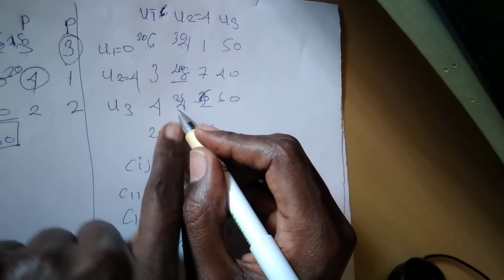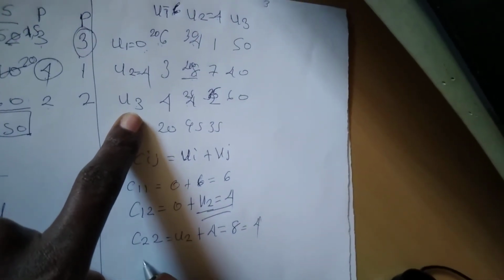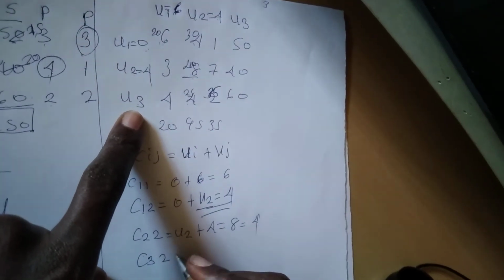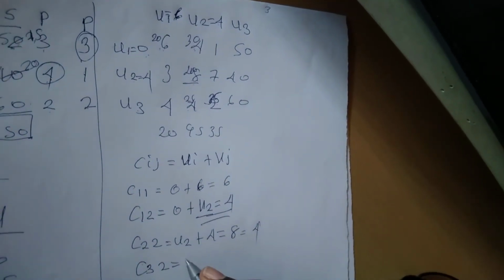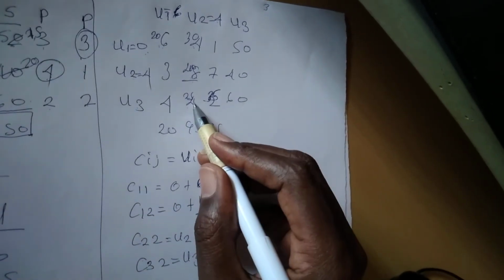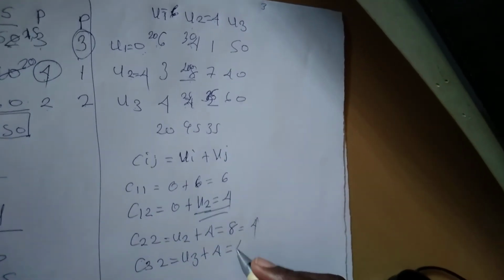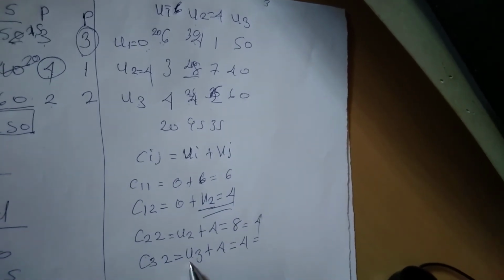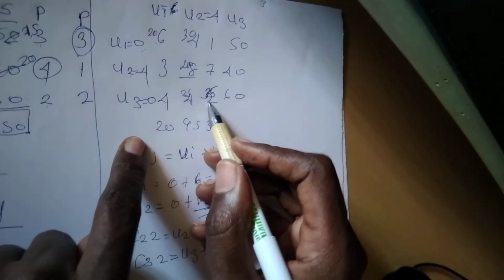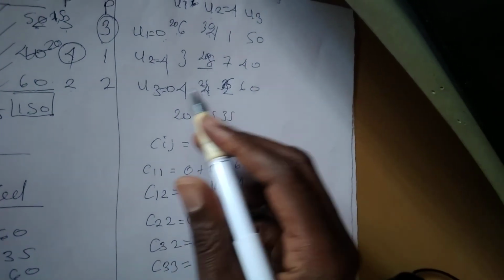Coming down, we need to get u3. Our next occupied cell is c32. So c32 will be u3 plus 4 equals 4. So our u3 is 0. So you come and write 0. Then another occupied cell is c33, which is u3